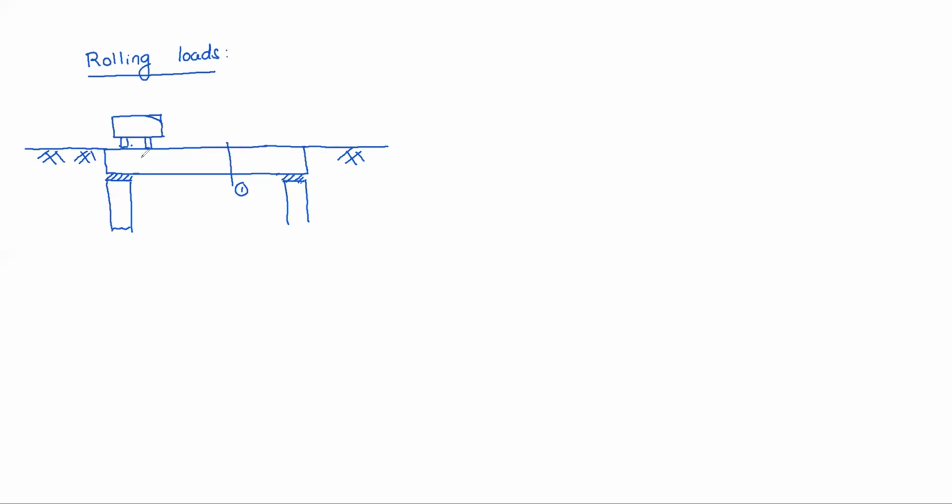So this can be idealized like this. This is the simply supported beam. Two point loads are moving from left to right with some spacing, some distance. Suppose this is the P1 load, this is the P2 load. These two loads are moving, or rolling, from left to right. Because of these moving loads, how the reaction changes, how the shear force changes, how the bending moment changes at given sections, we can easily work out by using ILD principles.